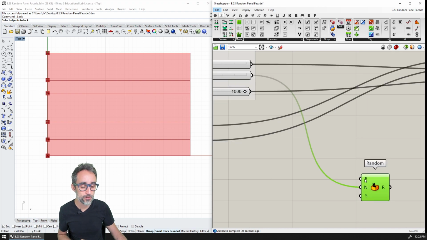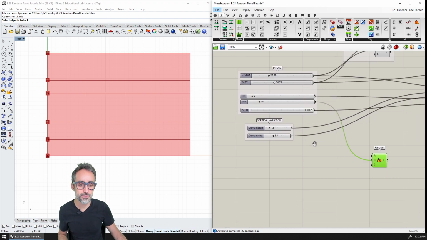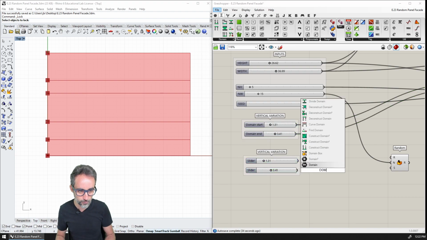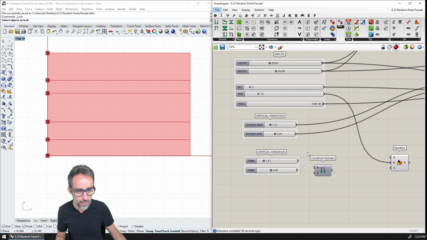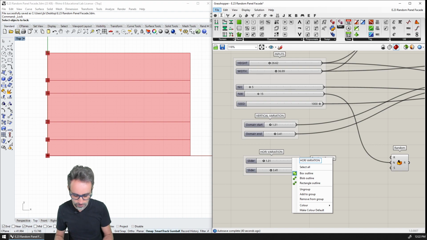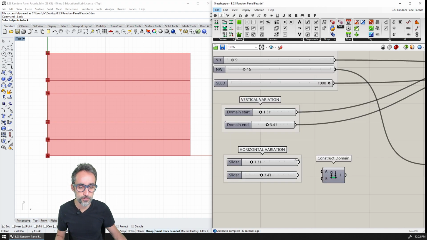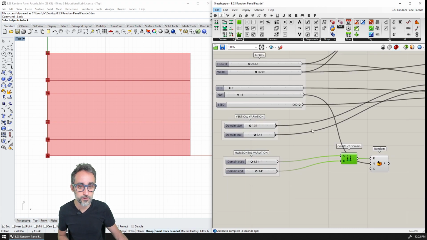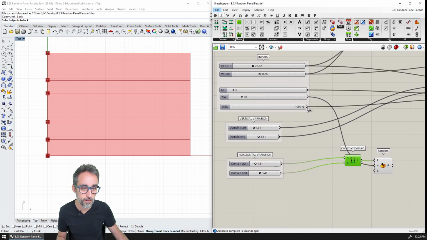And what is going to be the domain? We're going to do something very similar. We're going to create another group, another domain here, and that's going to be the horizontal variation. So horizontal variation is going to be 2 sliders, the minimum and the maximum, and that's what I'm going to plug in here, okay? And the seed is going to be, for example, I don't know,